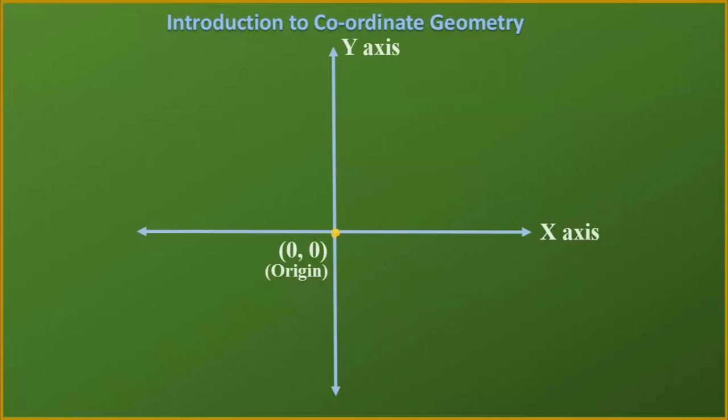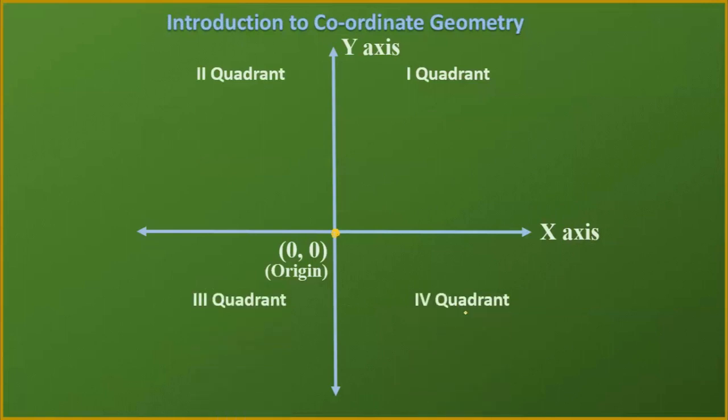Okay, now I will come to the quadrants. You see these two axes are dividing the whole plane into four parts. So I will say those four parts one by one. This is the first quadrant. Remember the location of this quadrant, the name of the quadrant is particular. You can't say that somewhere else it can be the first quadrant. No, you need to remember the particular name of the quadrant as per the location. So this is my first quadrant, this is my second quadrant, third quadrant and fourth quadrant.